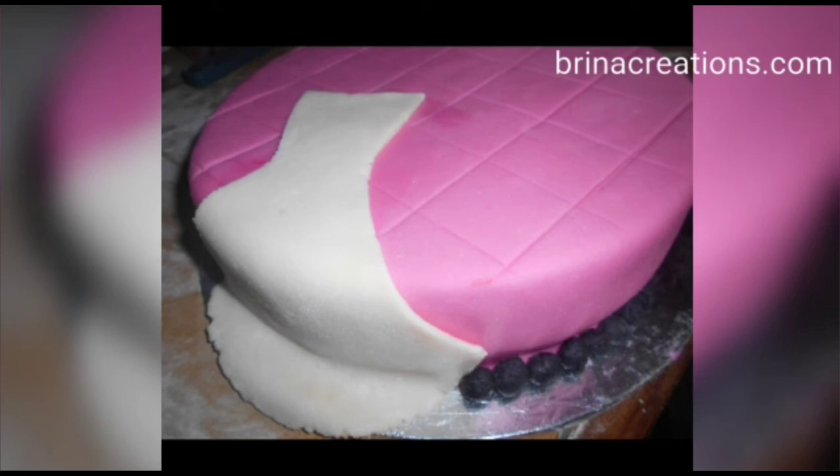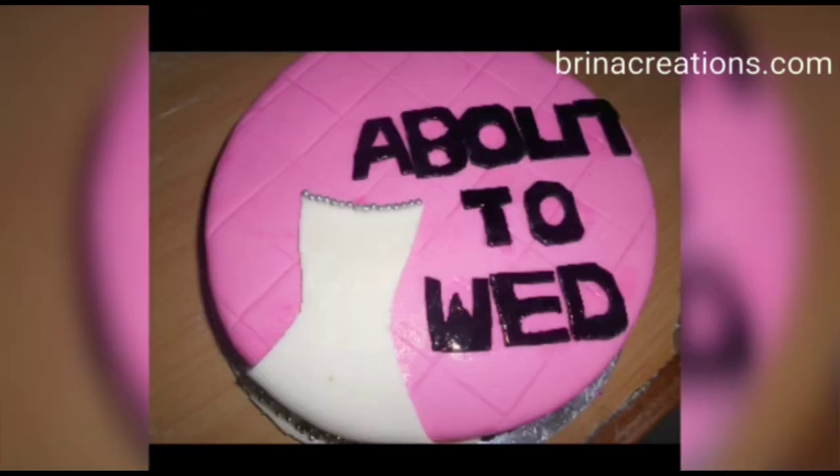Yes, and also I used the back side of my knife to make these lines on the pink fondant, so that it doesn't look so plain, or should I say so bland. So I use the bottom part of the knife to do this, not the sharp side of the knife, the blunt part of the knife. I just press it against the cake to help it stay,